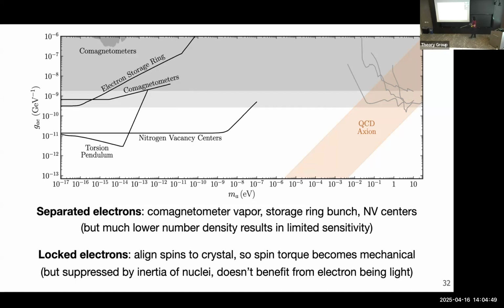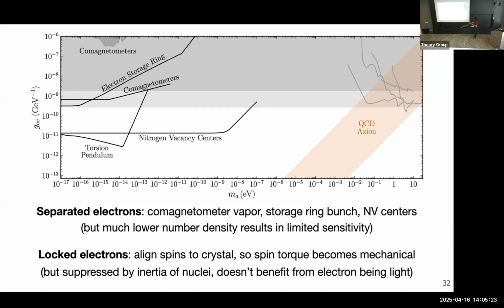But the problem with this way of doing it is that we don't get the benefit I mentioned earlier of the electron having a large magnetic dipole moment. In fact, we get suppressed because typically the nuclei are very, very heavy. And this little spin torque actually has to apply torque to rotate the entire thing, including all the nuclear mass. And so that means that you don't get any benefit over having a coupling to nuclei, for example. And in the end, it's very hard to beat astrophysics. I should also mention that every single curve I'm showing here is always going to be the most optimistic one that anyone wrote down anywhere. So how hard this is to actually make varies a lot depending on the experiment.